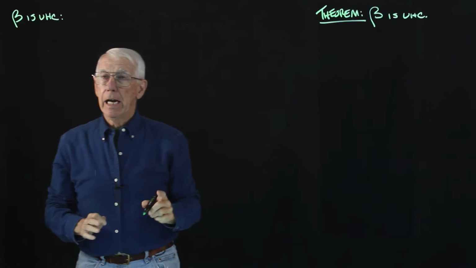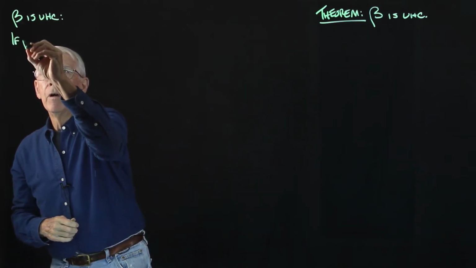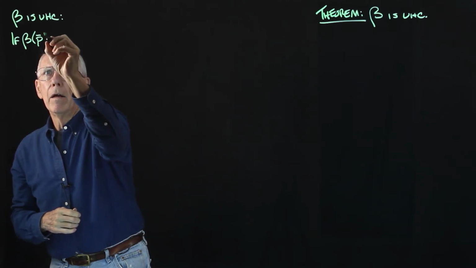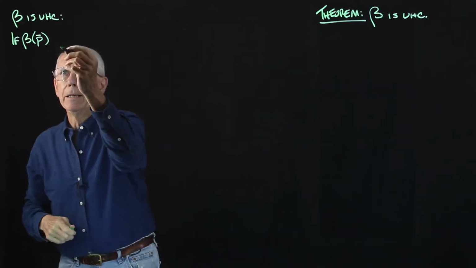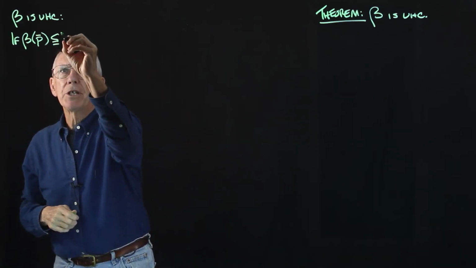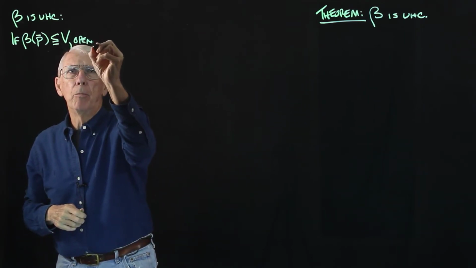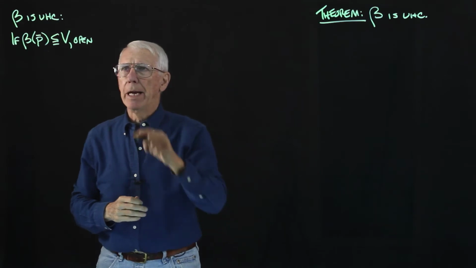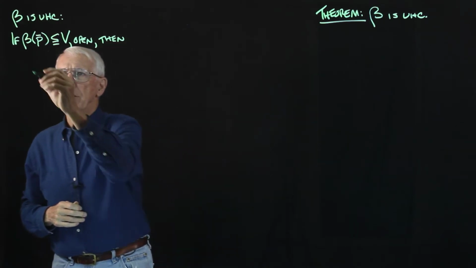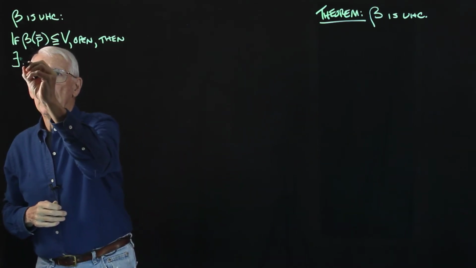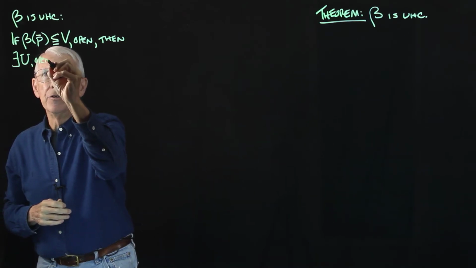Beta being upper hemicontinuous means that if the budget set at a particular price list in the domain is a subset of some open set V, where V has to be open, some open set in the target space, then there has to be an open set in the domain